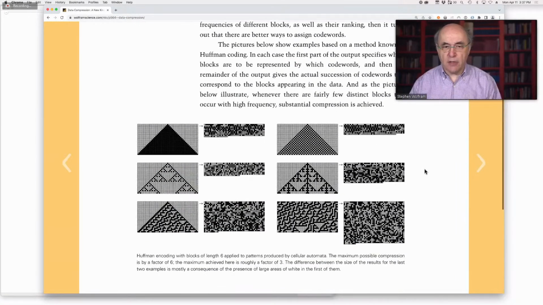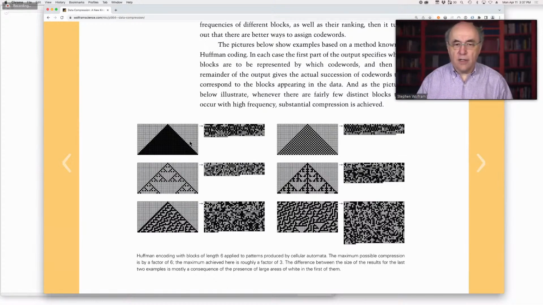We can now look at how Huffman coding does on cellular automaton images, and we see in this particular case that we're succeeding in compressing even this image here, and probably we're doing that because there's some local regularities, there's big areas of white here and so on, but this image here still loses with Huffman coding. It's still saying that the image really does look random with respect to Huffman coding.